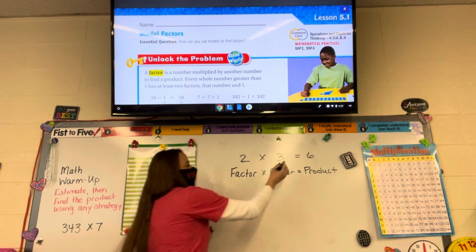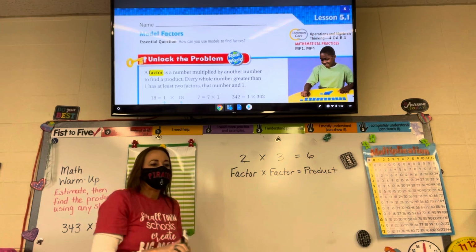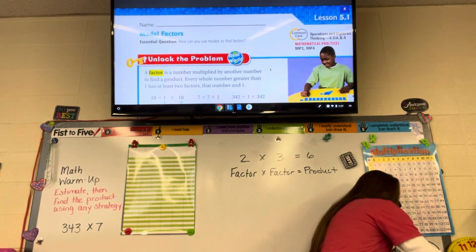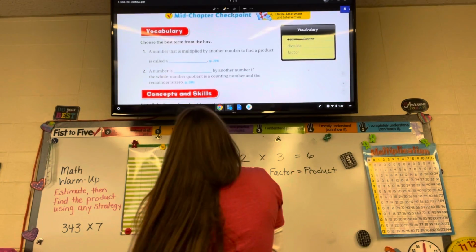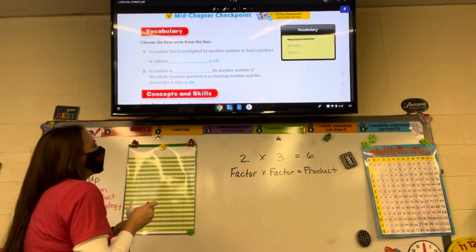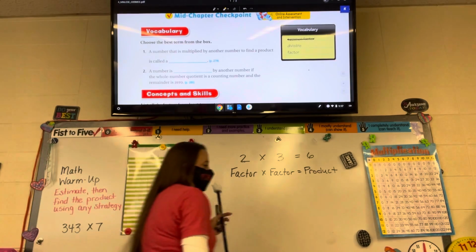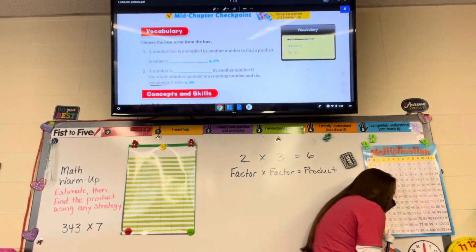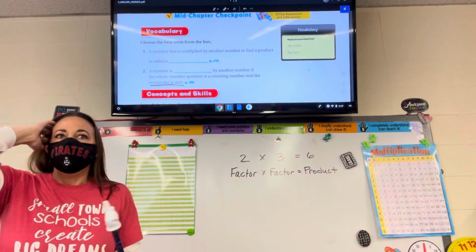Also, 6 is divisible by both 2 and 3. That means it can be divided evenly. So number 2 says, a number is blank by another number if the whole number quotient is a counting number and the remainder is 0. Everybody right now underline where it says the remainder is 0. If you're dividing,